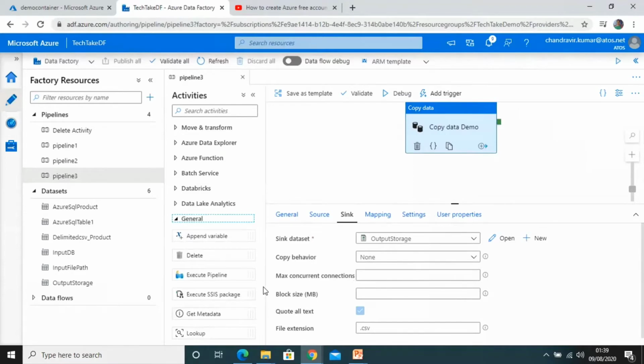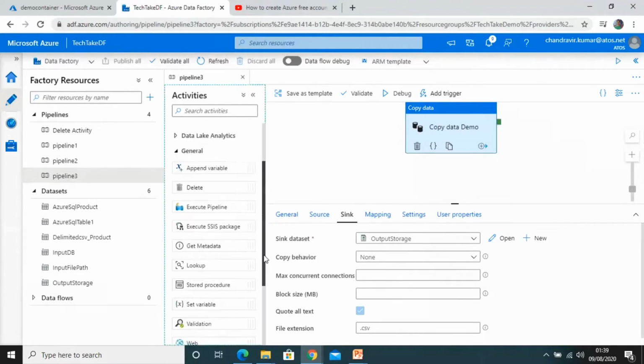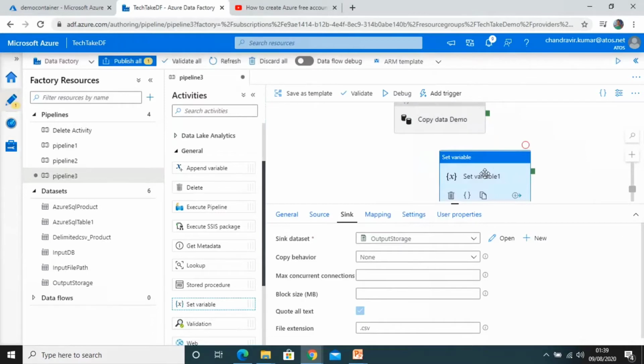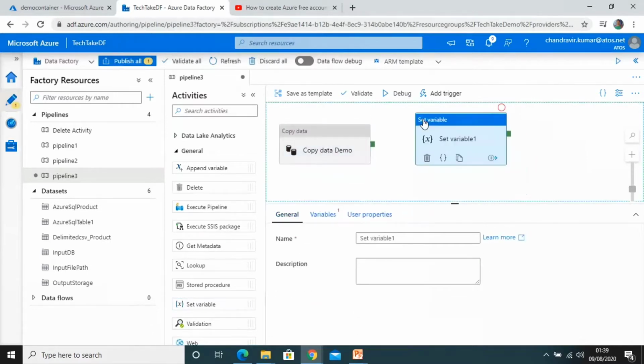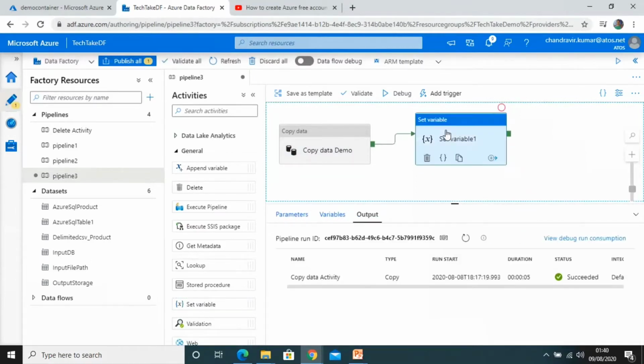For set variable activity, I will drag the set variable activity from the General section. Go down here, there it is. Just drag and drop it. Okay, we can connect it from the copy data activity.